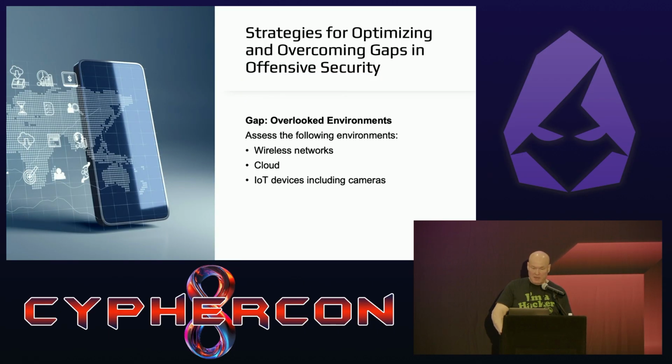And also, to help remediate these, make sure you're testing wireless networks, cloud, and IoT, including the IoT cameras, and even testing, going back to the IoT camera being breached. One of the big footholds now that people are using, as pen testers, if we couldn't get a foothold, we would always look at the printers, because sometimes those can be accessed. And those IoT devices and printers are becoming a bigger target with how well the endpoint detection systems work, because being able to evade those endpoints is getting more difficult, and not only are pen testers doing that, so are the threat actors.